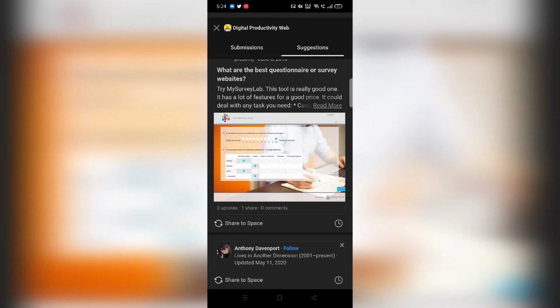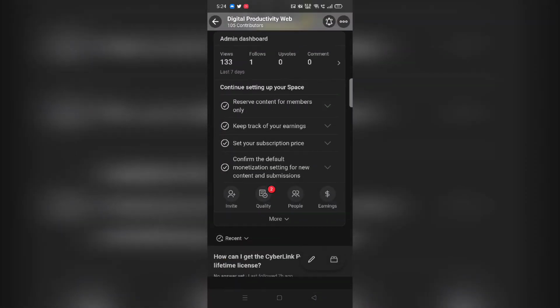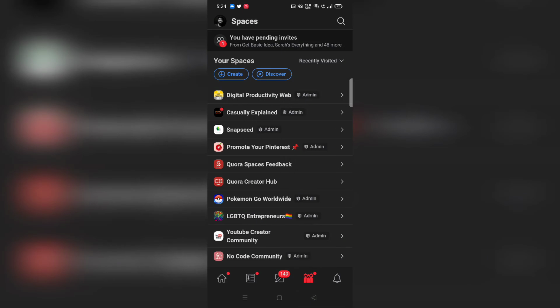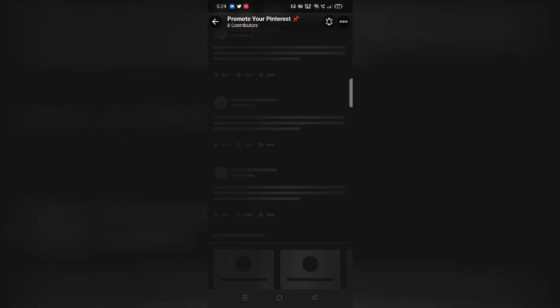and that is Promote Your Pinterest. Even if I'm clicking the back button, it is taking so much time for the other spaces to load. We are gonna go in the Promote Your Pinterest space. I'm an admin of this particular space as well, and I'm facing a similar problem on this space as well. To be really honest, I'm facing this problem with the spaces that are quite a bit old. If I show you on Casually Explained, which is a relatively new space, a 2 days old space,